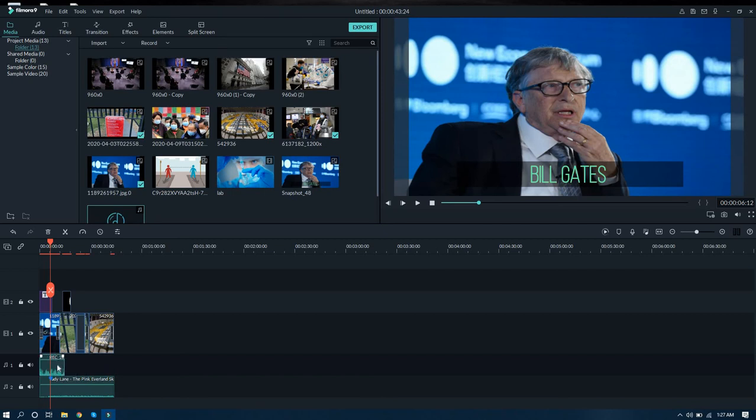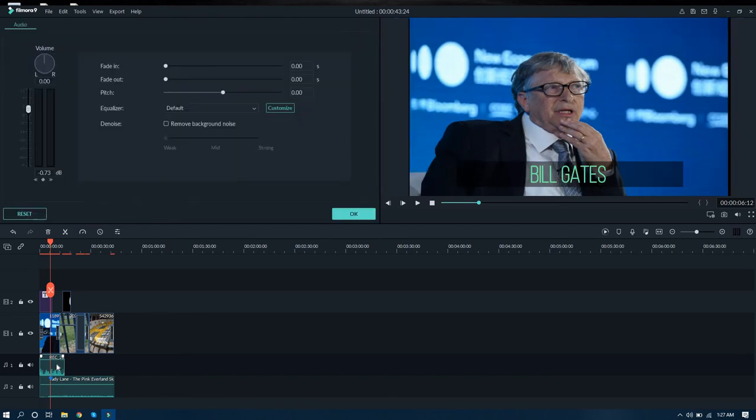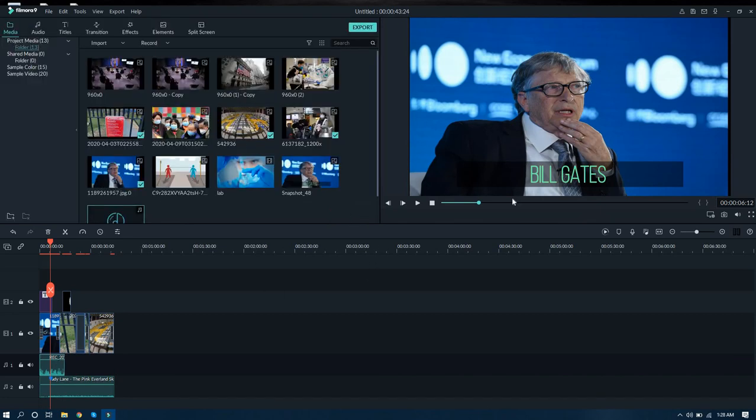Another thing we can do from the recording is change the pitch accordingly. Here you can give a double click on it, and if you want to change the pitch, or fade in, fade out, or remove background noise, or use the equalizer features, you can use it from here. That's about the recording.